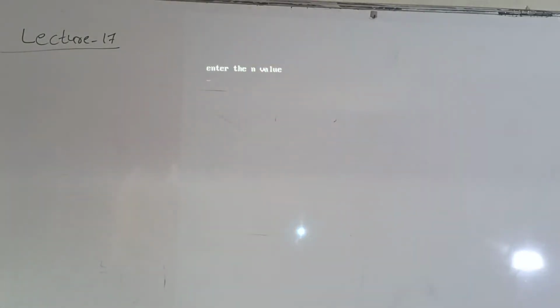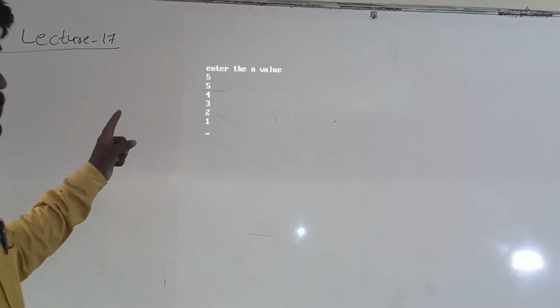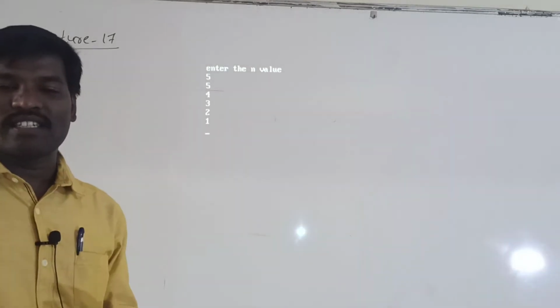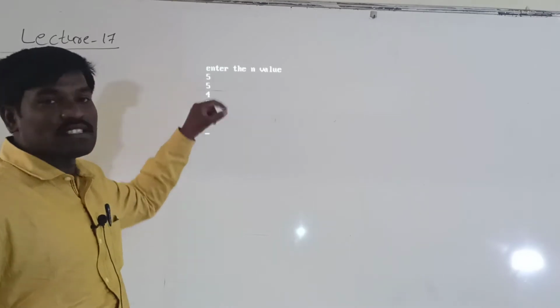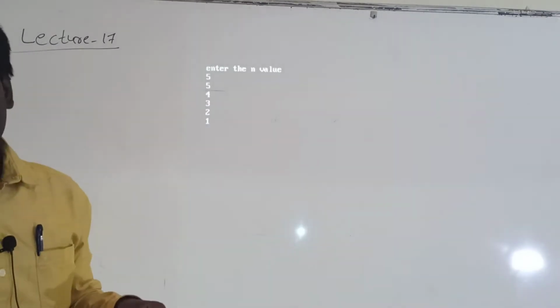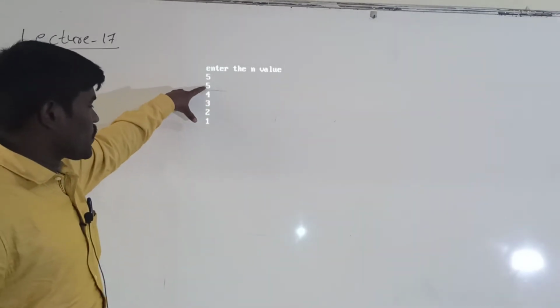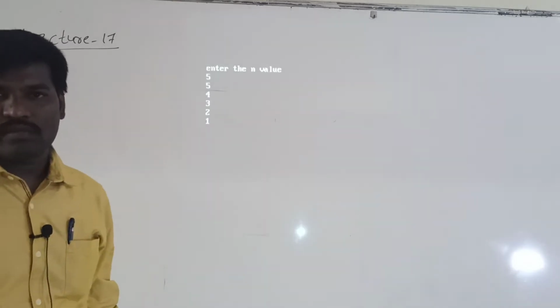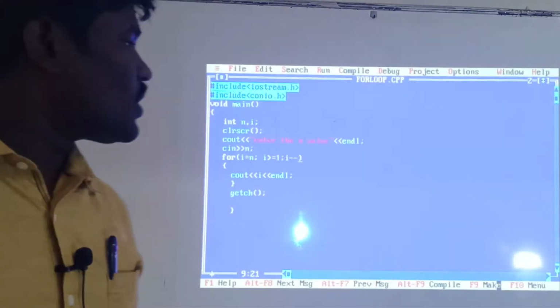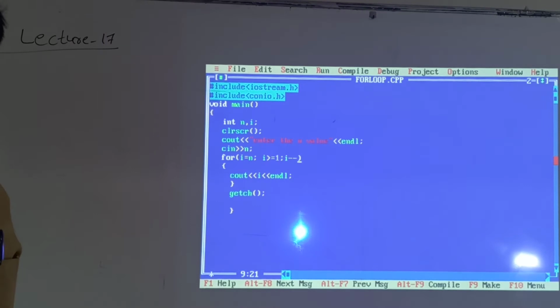See here, 5. First it will print 5, next 4, next 3 2 1. Here the first 5 is your entered value. So after that it will print from 5 to 1. Like this you have to execute the programs.